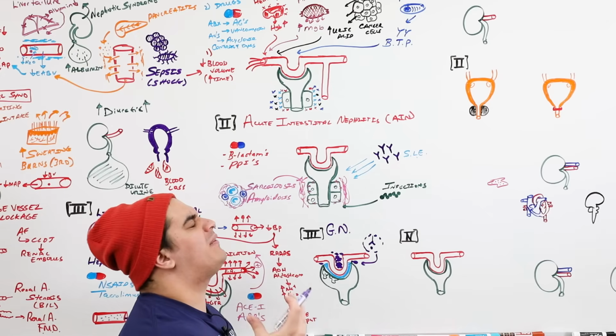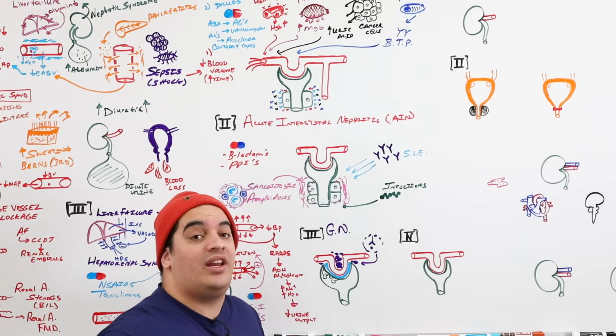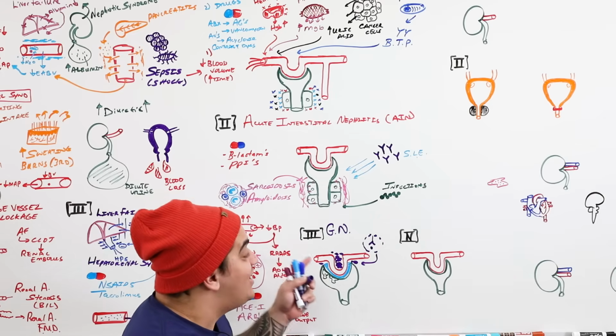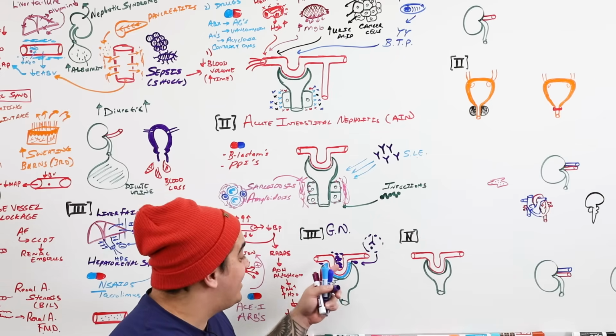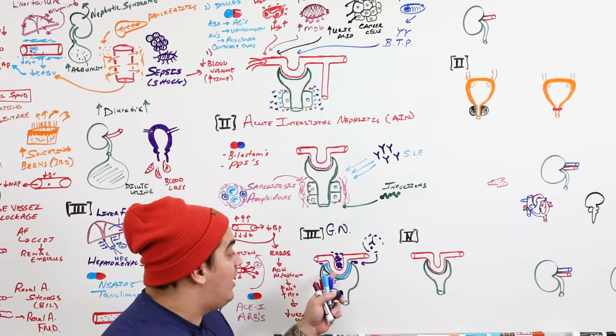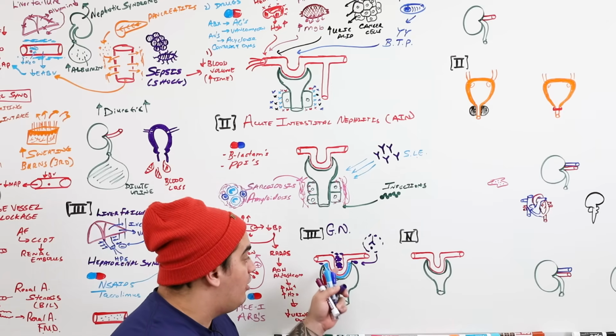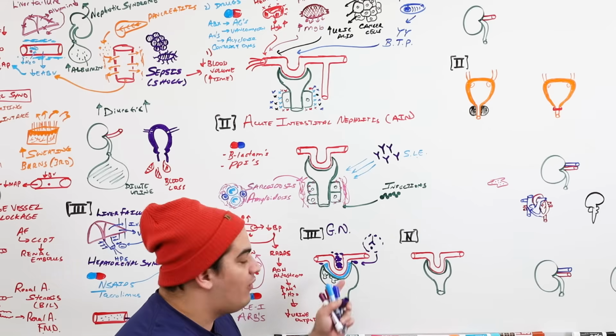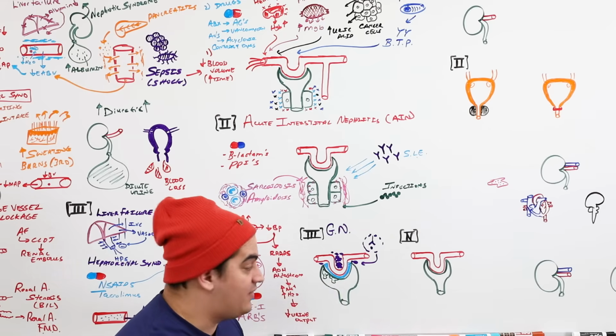And there's so many different types. We'll have to talk about this in a separate video, so we're not going to spend the time going over all of these. But just remember, this could be a particular cause of AKI because it's going to affect the glomerular filtration rate, but also it may cause some damage to some of the structures that are involved within the filtration and reabsorption of substances.